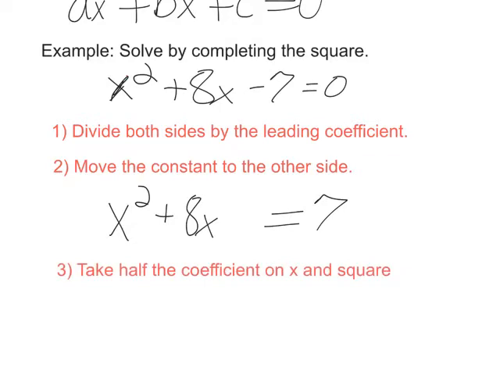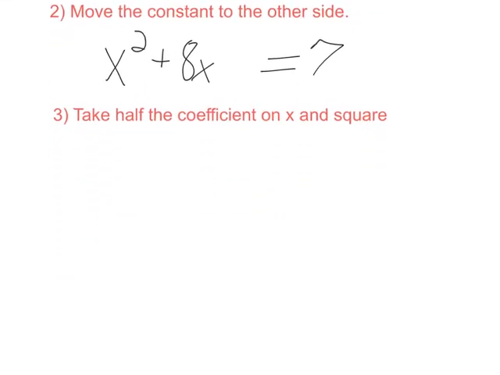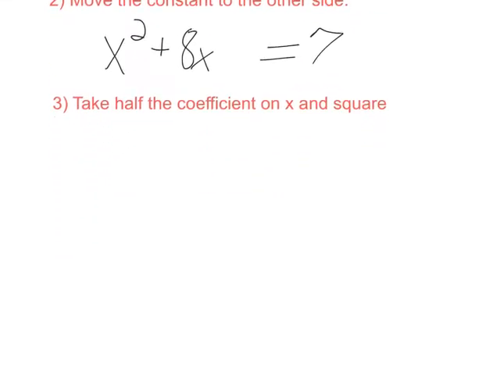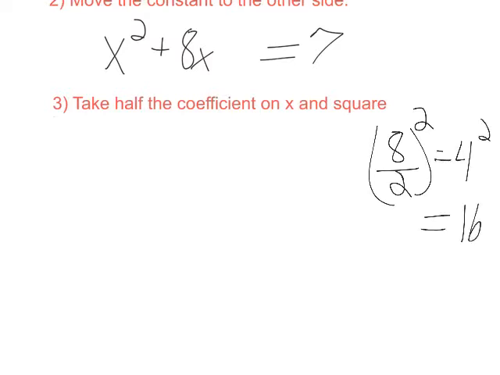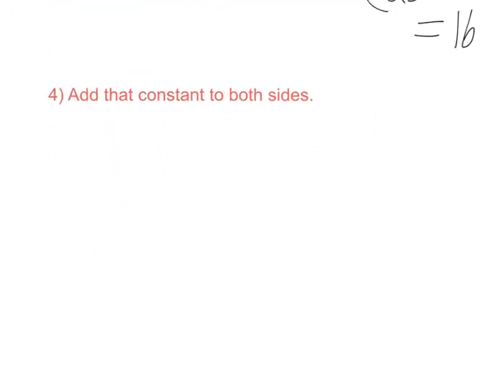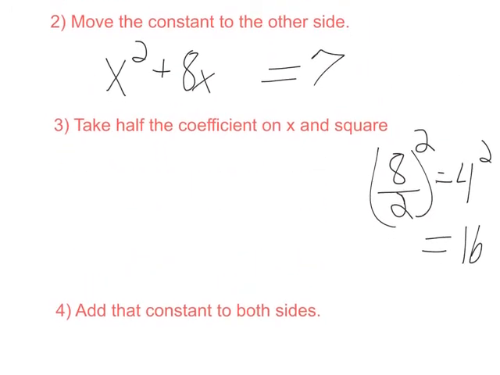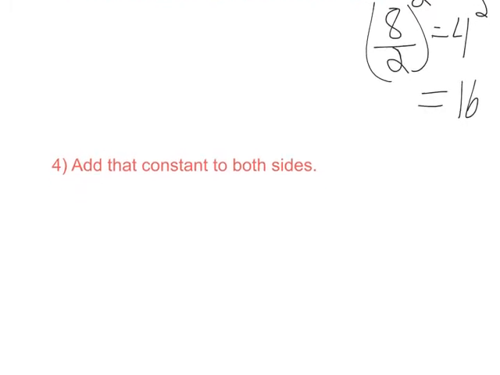Now what we're going to do is take half the coefficient on x and square it. Your coefficient on x here is 8, okay? So off to the side, what you can do is take half of 8 and then square it. So half of 8 is 4, and 4 squared is 16. So 16 will be the constant that I'll add back to both sides. So 16 is what we'll add to both sides, and I've got x squared plus 8x plus 16